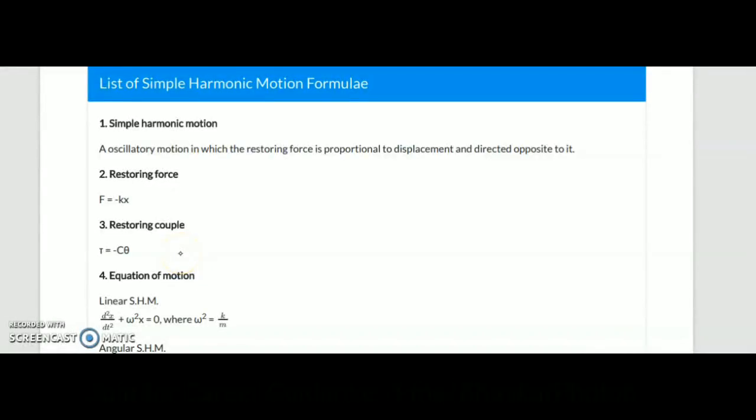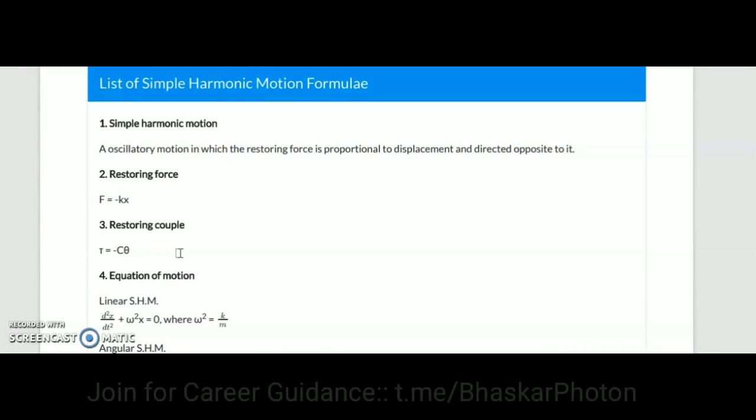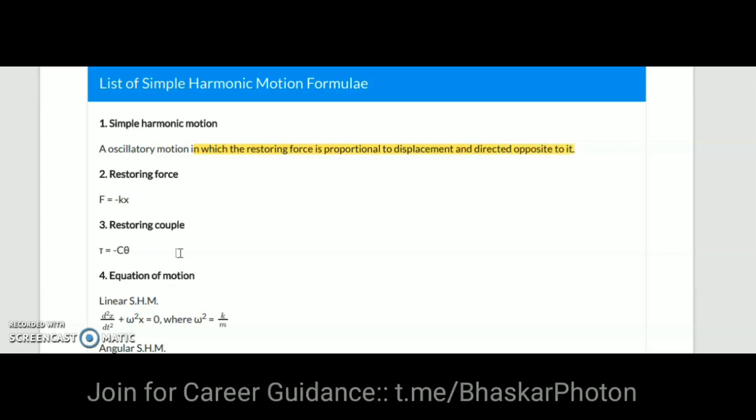So dear students, important formulas, definitions and statements of simple harmonic motion. Simple harmonic motion is an oscillatory motion in which the restoring force is proportional to the displacement and directed opposite to it. The restoring force formula is F is equal to minus Kx,